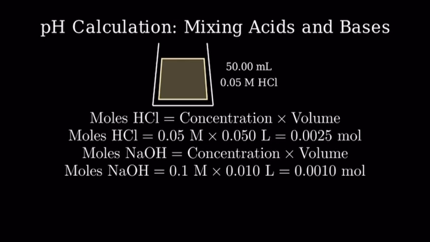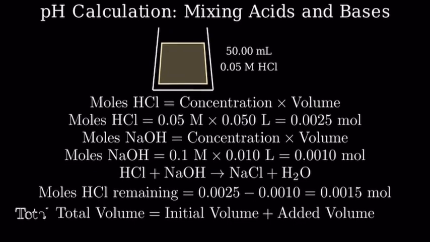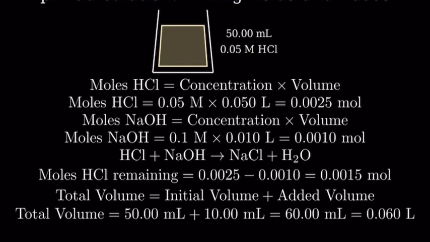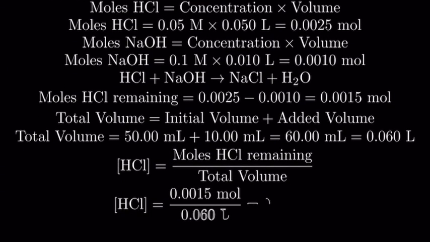When we mix these solutions, hydrochloric acid and sodium hydroxide react in a 1-to-1 ratio to form sodium chloride and water. Since we started with 0.0025 moles of HCl and used up 0.0010 moles in the reaction, we have 0.0015 moles of HCl remaining. Now we need to consider the total volume after mixing. The total volume is 50 milliliters plus 10 milliliters, which equals 60 milliliters or 0.060 liters. To find the new concentration, we divide the remaining moles of HCl by the total volume. This gives us 0.0015 moles divided by 0.060 liters, which equals